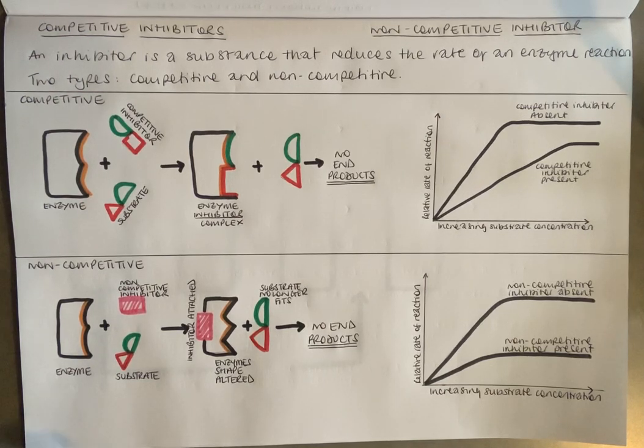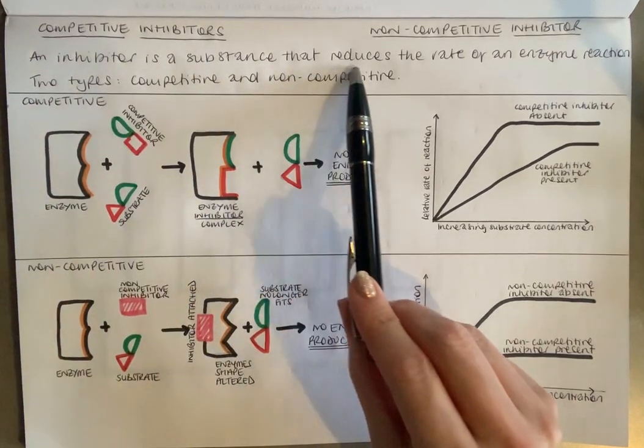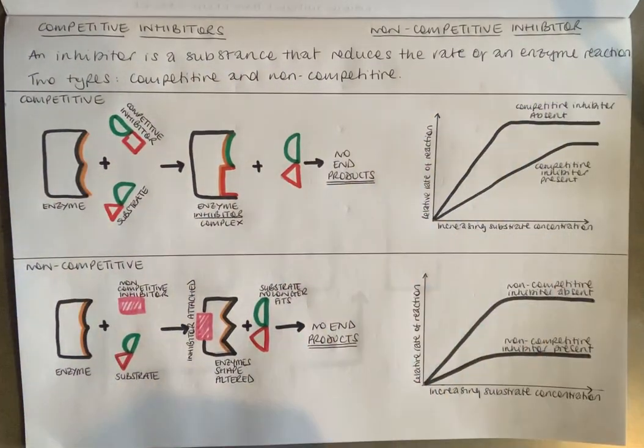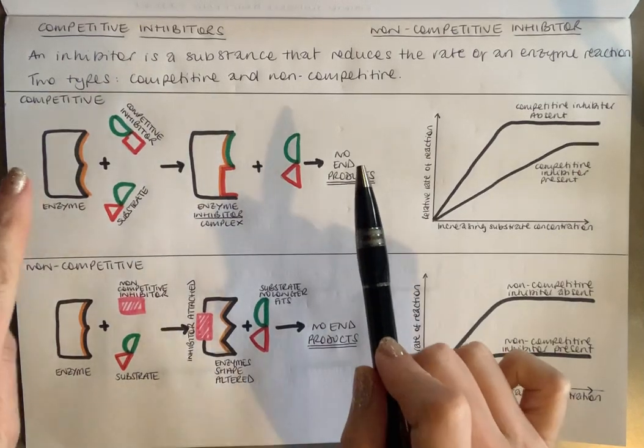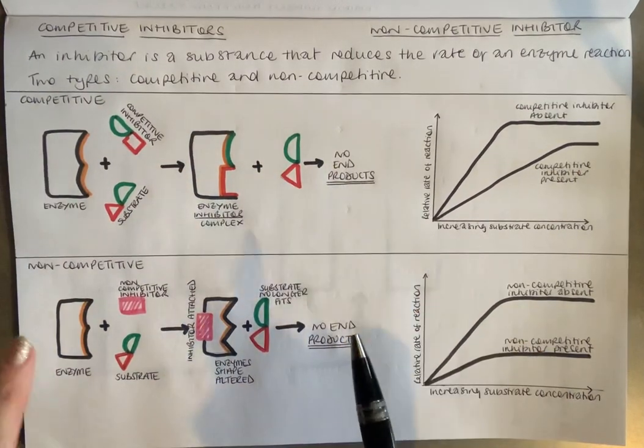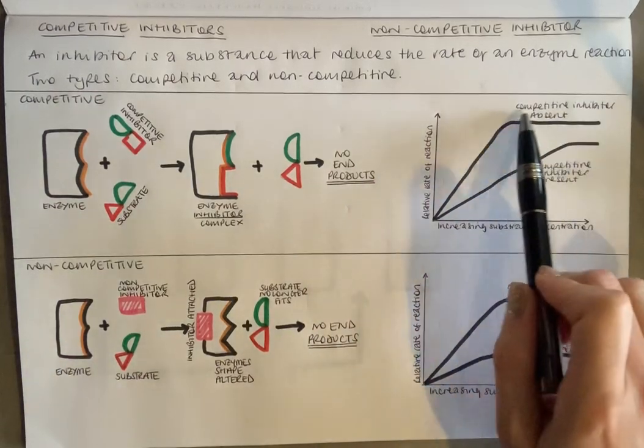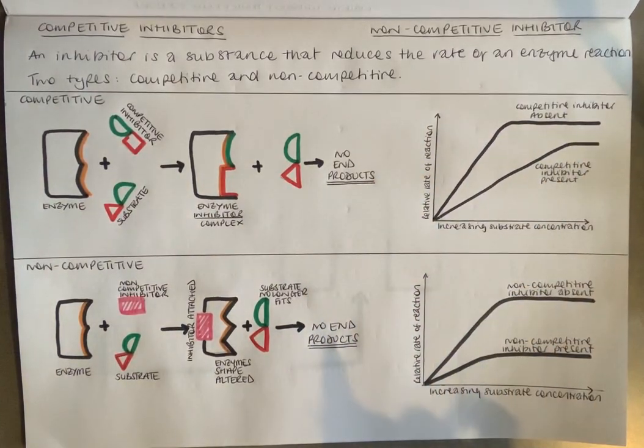As it says here, an inhibitor is a substance that reduces the rate of an enzyme reaction, and sometimes it prevents that enzyme reaction from completely occurring. So we're going to look at how the different types of inhibitors work, competitive and non-competitive, and then we're going to look at what we mean by this rate of enzyme reaction. So, number one,